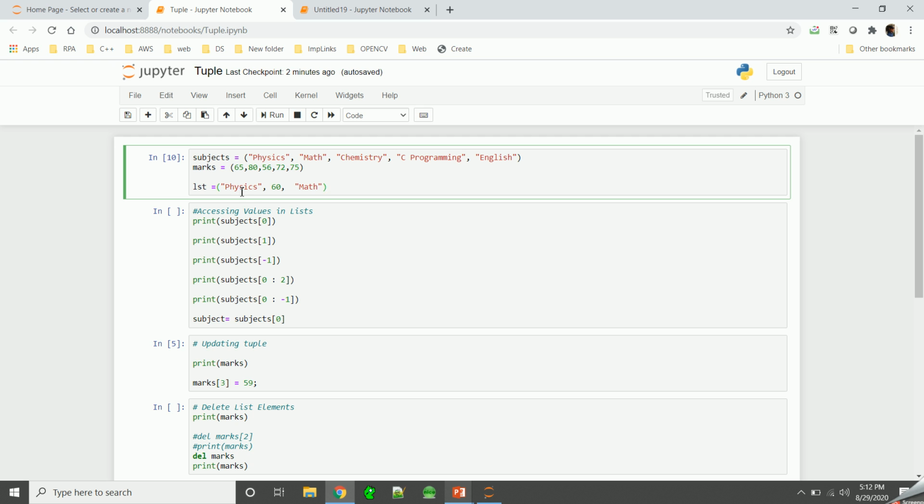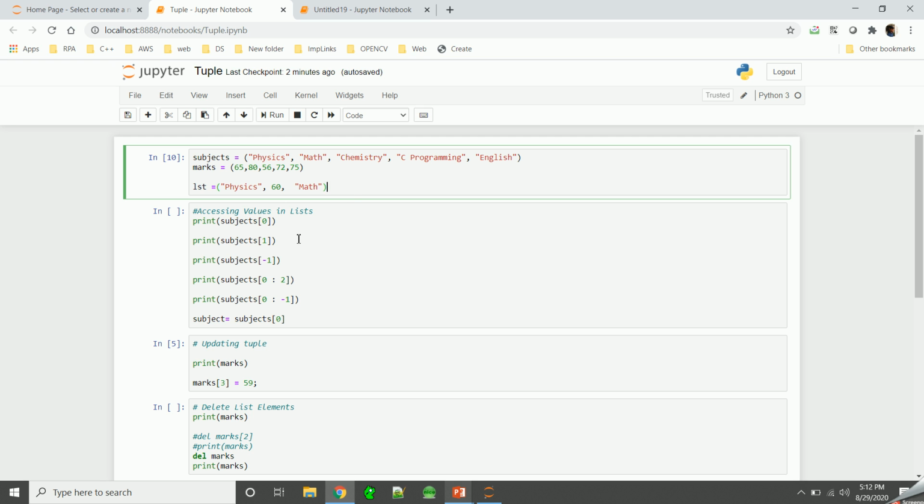You can also create tuples of any values, like integer, float, or string, whatever value you want to give inside a tuple. This is similar to a list, but the one difference between tuple and list is that you can update the list, that is, you can modify the list, but you cannot modify the tuple.